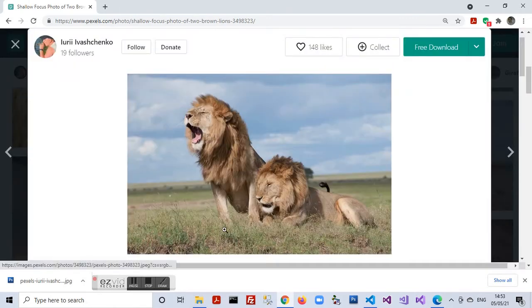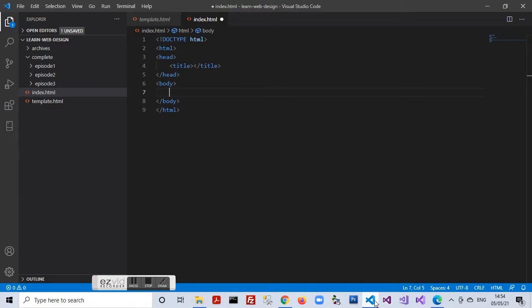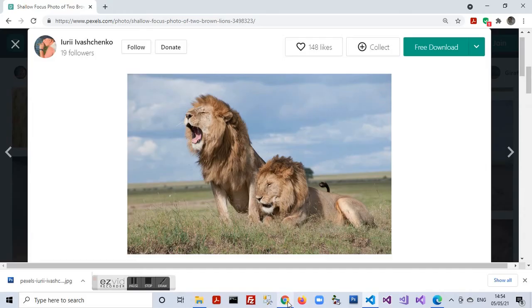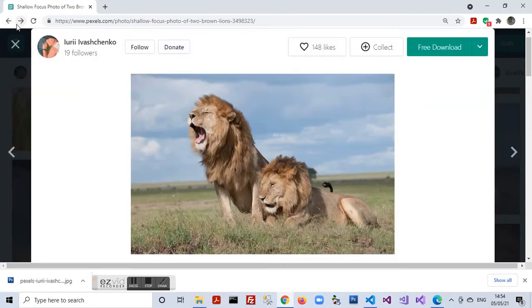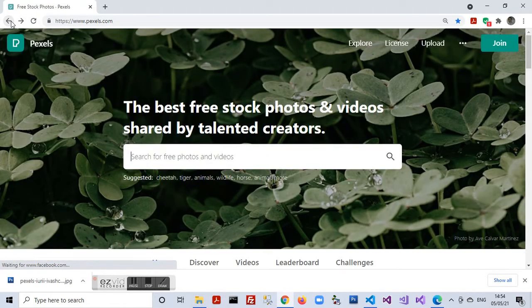So here we are talking about Safari website, and I would be requiring images for animals. I can search through for all the animals required for this website. I search through for elephant, cheetah, giraffe, and I could find very good quality images in this particular website. So friends, again I am repeating, you may use the website pexels.com for getting images for your website.